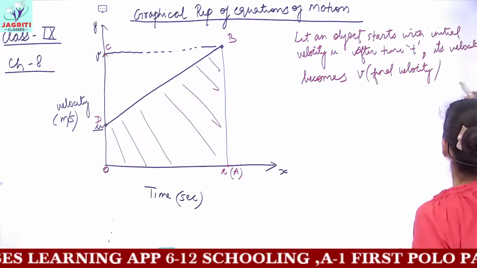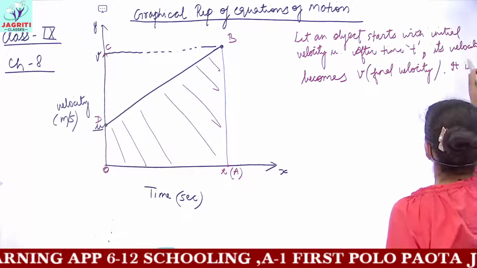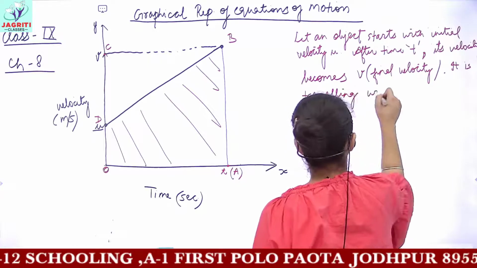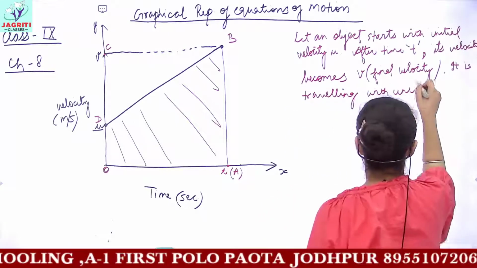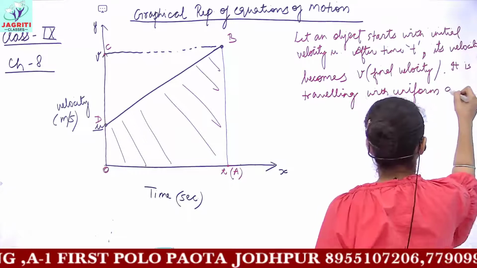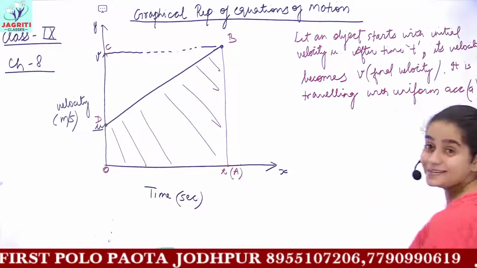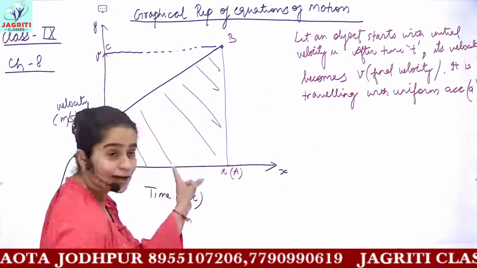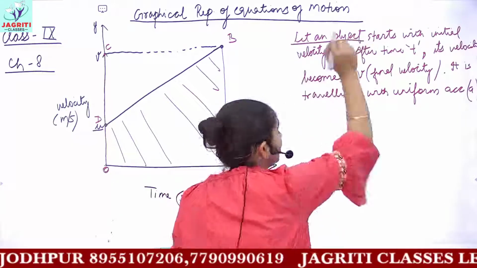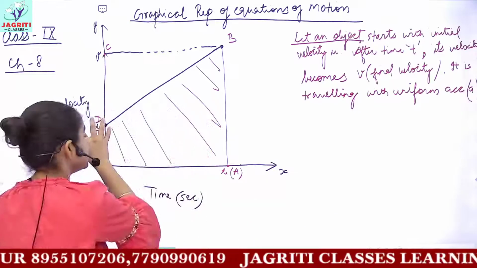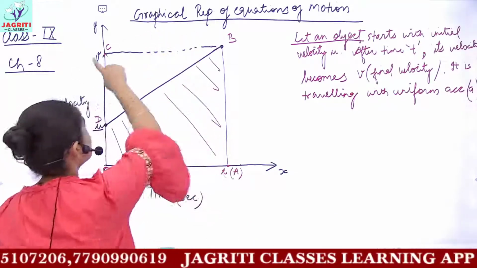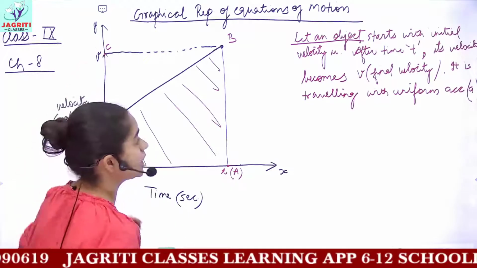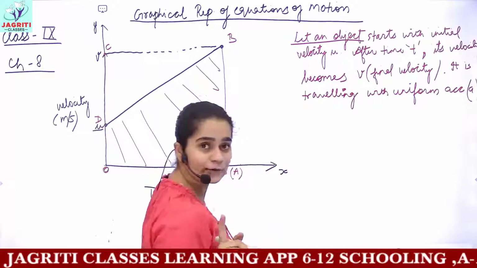Then next you have, it is traveling with uniform acceleration, which is denoted by the letter small a here. Then we say that for deriving, you made the graph, you wrote this, that let an object be there, its initial velocity is u, after time t the velocity becomes v, and it is traveling with a uniform acceleration because the velocity is changing. Now we are deriving the first equation actually.